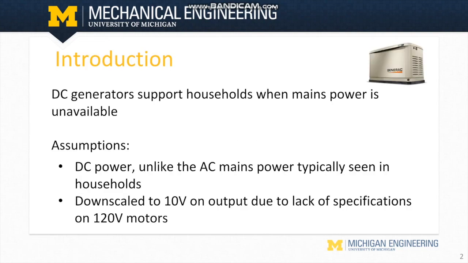So our project was to model a DC generator that supports households when main power is unavailable. The model is a DC generator as an assumption because we didn't want to model an AC generator. And we also downscaled the model from 120 volts to 10 volts due to lack of specification on 120 volt